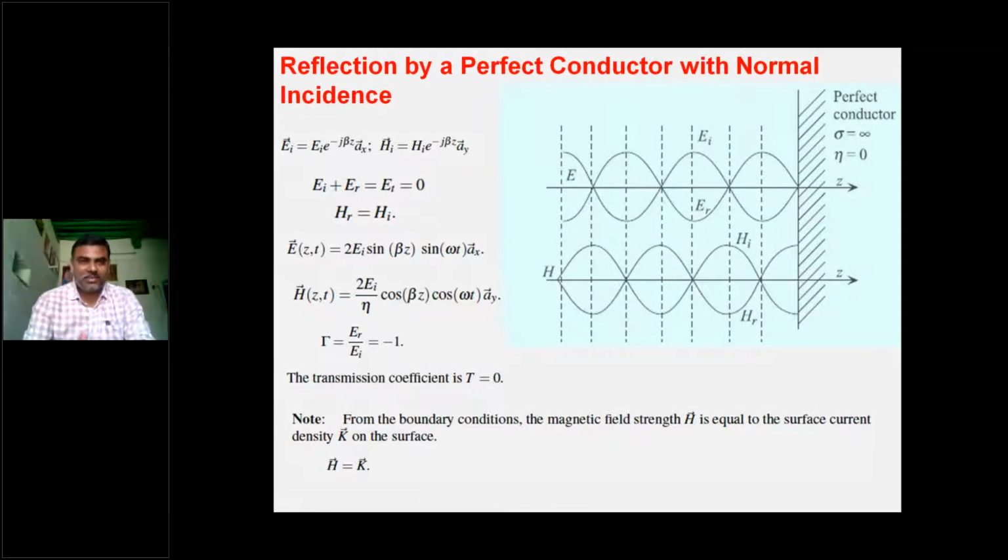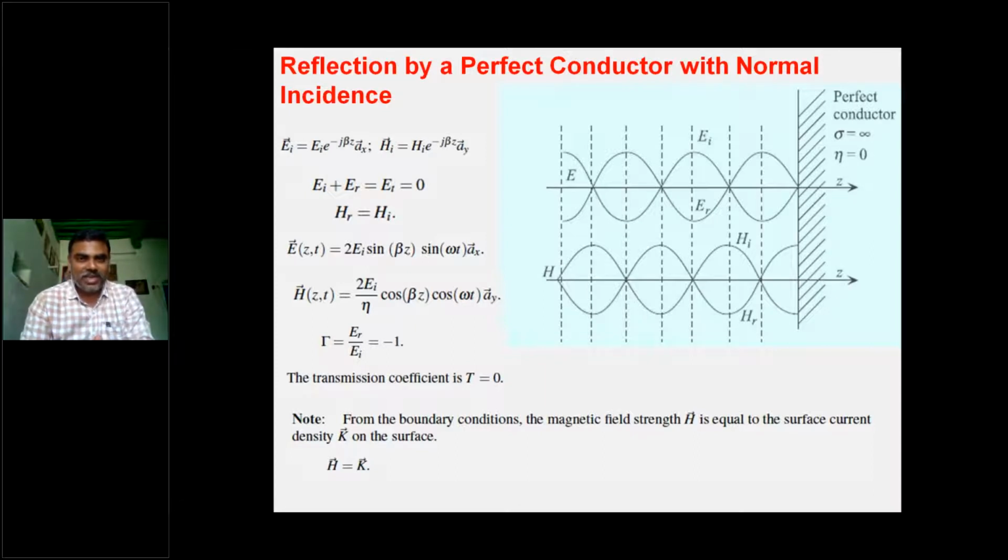And for the perfect conductor, the reflection. So for the perfect conductor, since the conductivity is infinity, there is no chance for the wave to travel into the second media. Why? Because it is a perfect conductor. So the entire wave is completely reflected. Okay, that's why here we have the standing waves. So the wave that is incident is completely reflected back. That's why here we have the standing waves. Okay, standing waves, both will meet at the same zero crossing points.